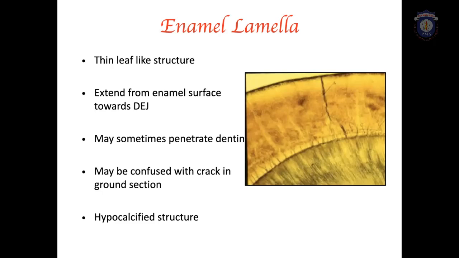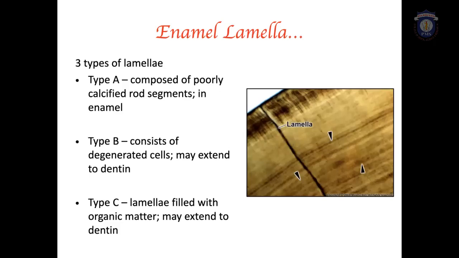Now you have different types of enamel lamellae. There are three major types: type A, type B, and type C. Now what is the difference? Type A is composed of poorly calcified enamel rods. Of course, it is a hypocalcified structure. So type A enamel lamellae will contain poorly calcified rod segments in the enamel,